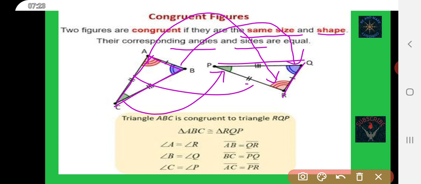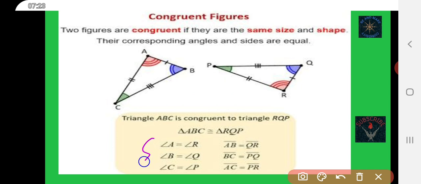So two triangles are congruent. Here you see triangle ABC is congruent to triangle RQP, and the symbol of congruency is this. Okay, so here you see the corresponding angles are equal, the corresponding sides are equal. Okay, next,